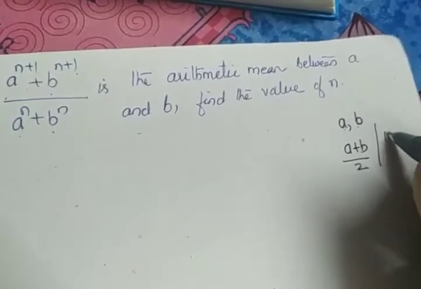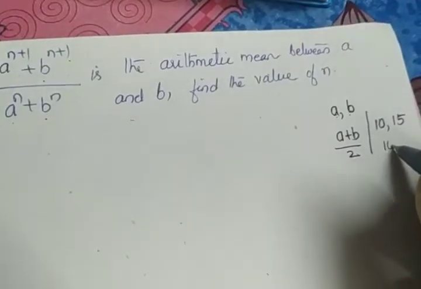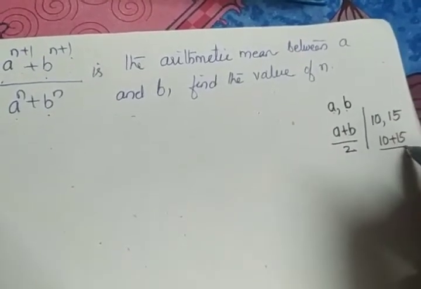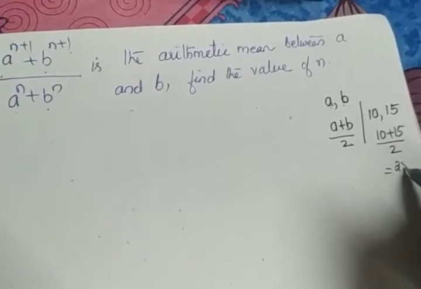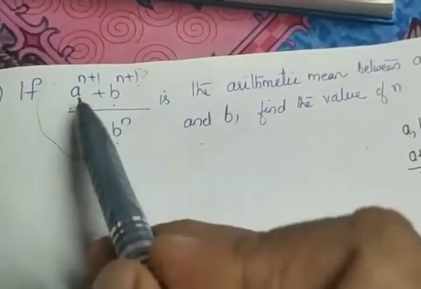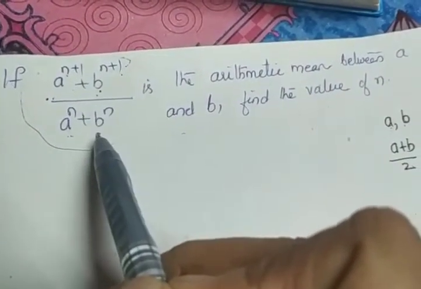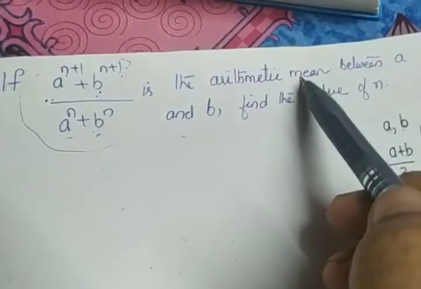So for example, if I want to find the arithmetic mean of 10 and 15, what should I do is add 10 and 15 and divide by 2. So the value will be 25/2. Okay. So in the question it is given this value (a^(n+1) + b^(n+1)) / (a^n + b^n) is given as the arithmetic mean between